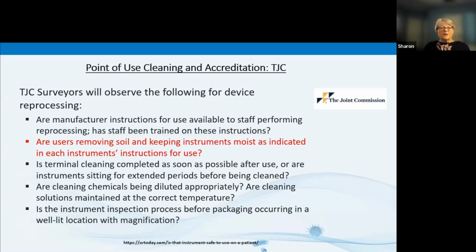So surveyors might also ask, can staff at point of use identify when an instrument shouldn't be used, even if it's in sterile packaging? And do they know how to return and report the occurrence for quality monitoring? Point of use cleaning and inspection of condition are critical steps in protecting patients from potential cross-contamination. Understand that failure to comply with industry standards for point of use cleaning, like that AMI Standard 79, will result